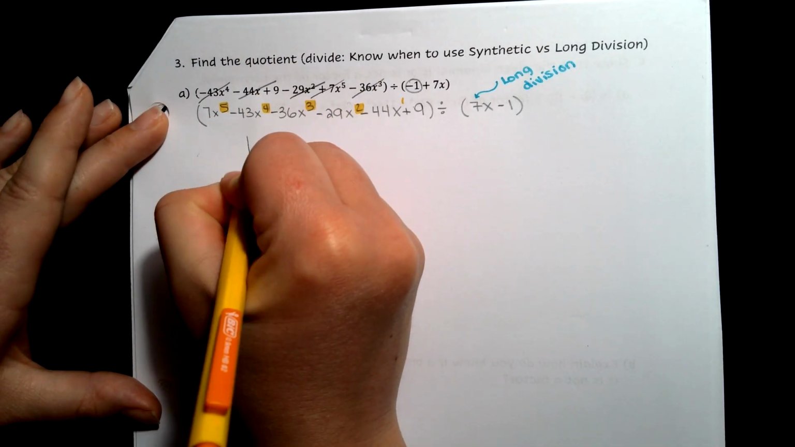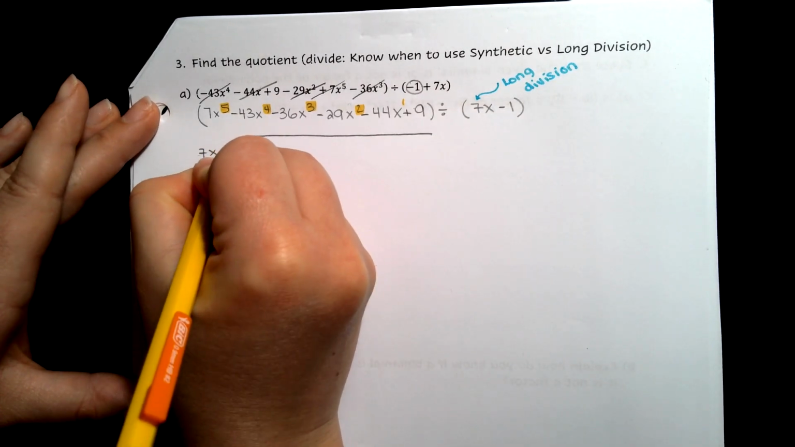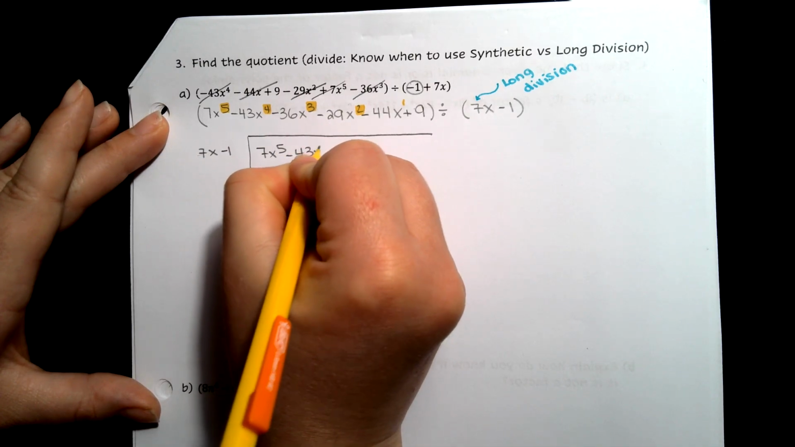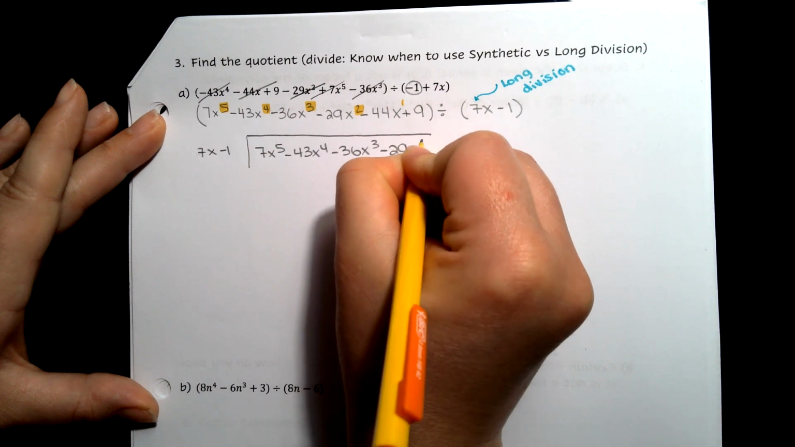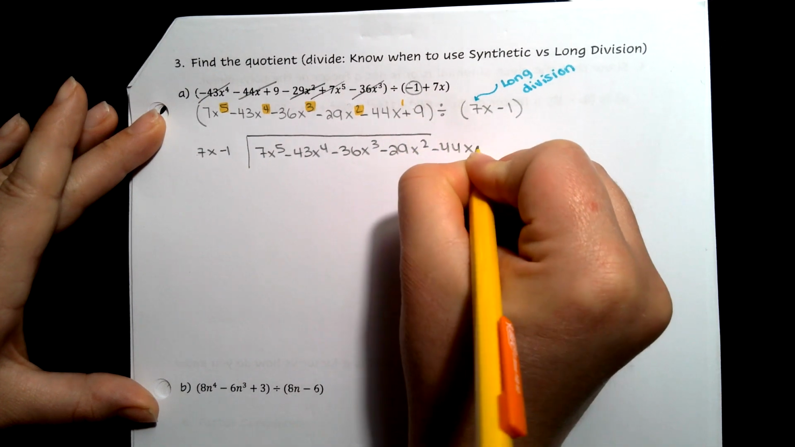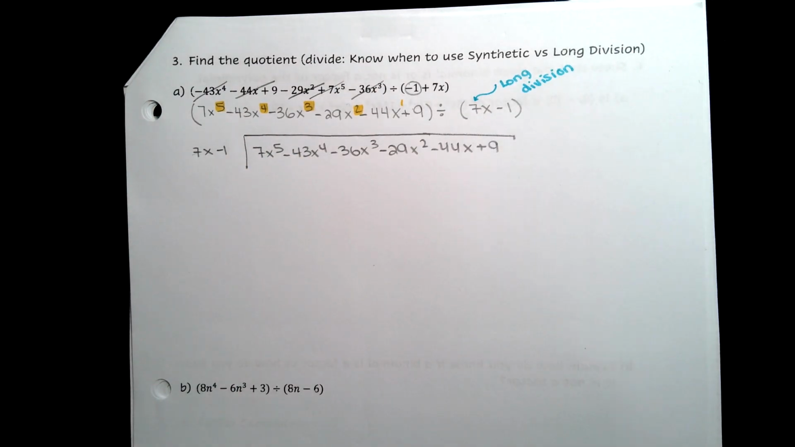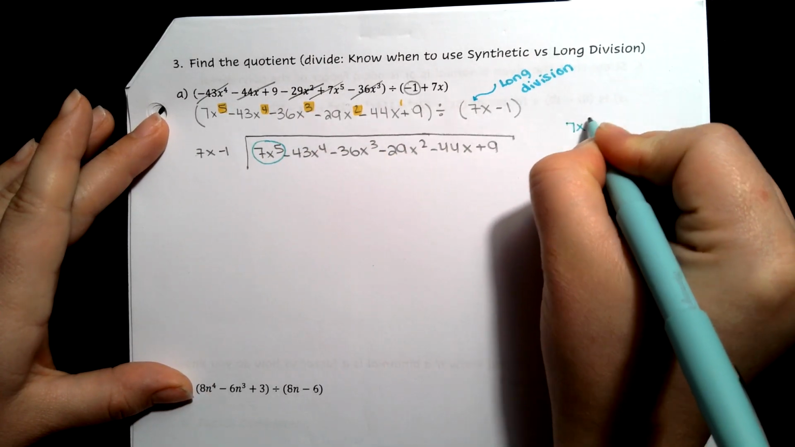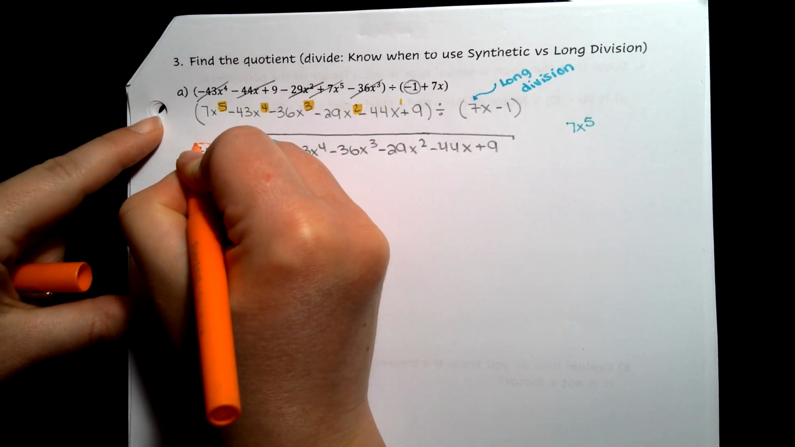We're going to go ahead and write out our typical long division bar. Here we are writing 7x minus 1, and here we have 7x to the 5th minus 43x to the 4th minus 36x cubed minus 29x squared minus 44x plus 9. And what you're going to do is you're going to start off with the inside leading term, so 7x to the 5th power, and you're always going to divide by your divisor